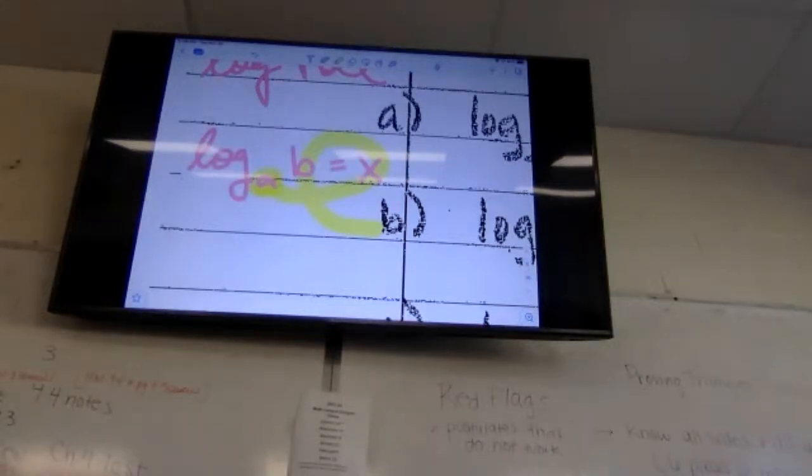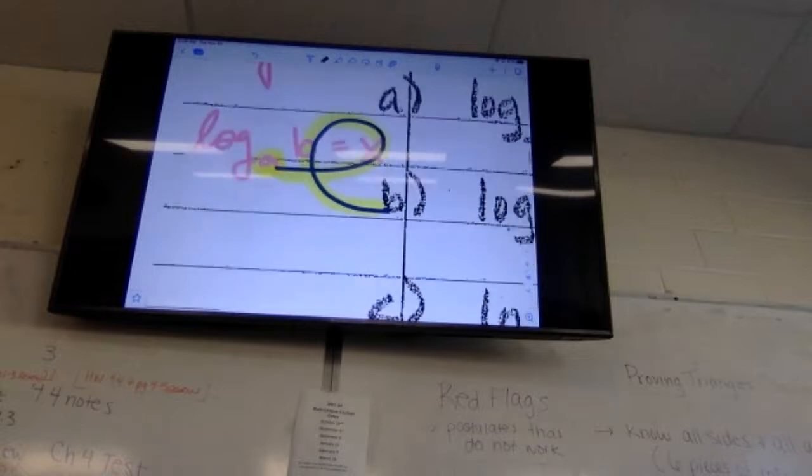And the reason I like drawing it like this is, do you see how it looks like a little cursive E? I started at the base, and then I went through the X and then back through the B. It makes a little E because I'm now going into exponential form. So the first letter I touched was A, so that's what I write first. That's the base. The next letter I touched, or the next number I touched, was my X. That becomes my